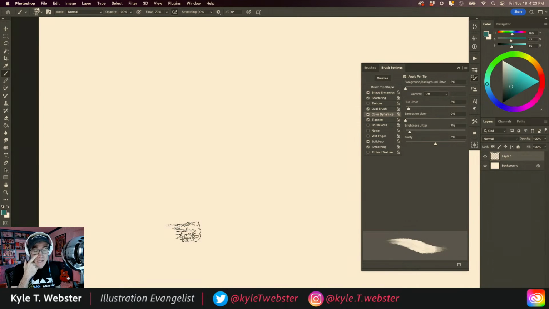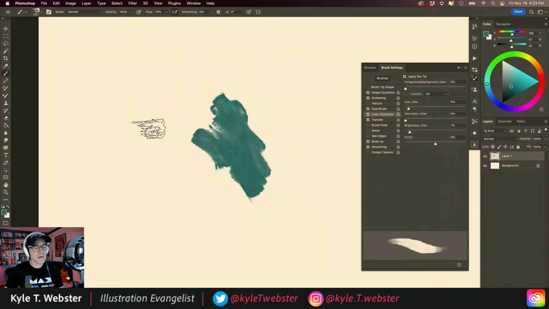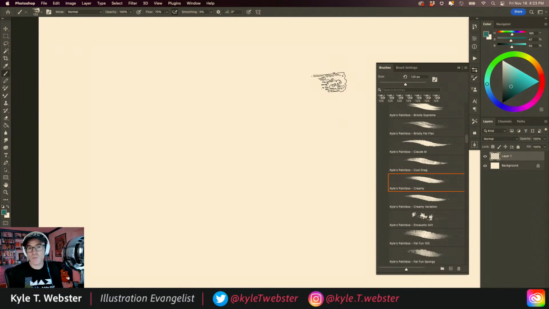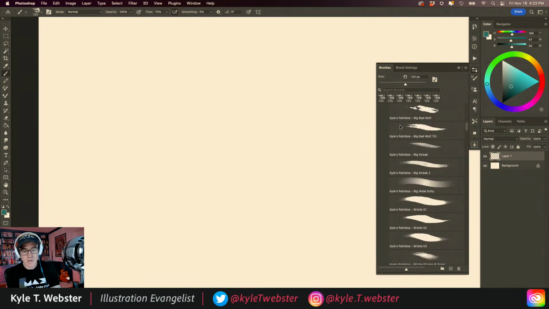Now let's take a look at how this is useful for other kinds of brushes. Now we're just looking right now at sort of a painterly kind of thing, right? But what about things like special effects and other neat stuff? Well, spatter. Spatter always comes to mind for me as a fun thing to do with color dynamics. And so, for example,